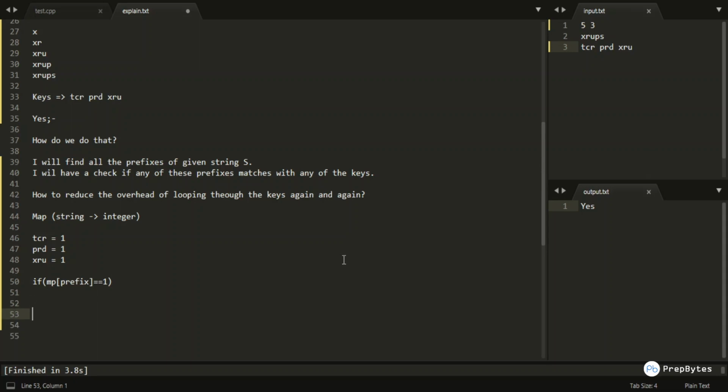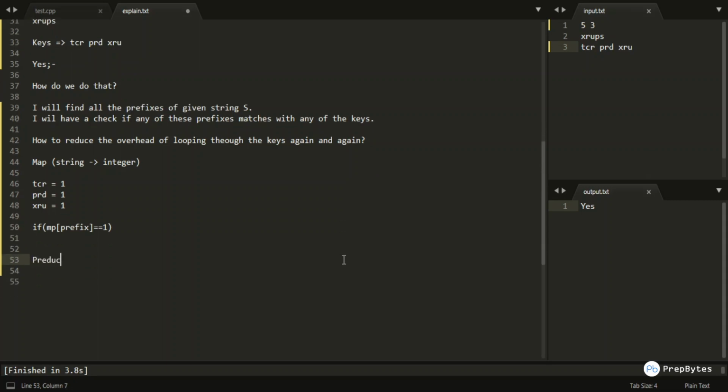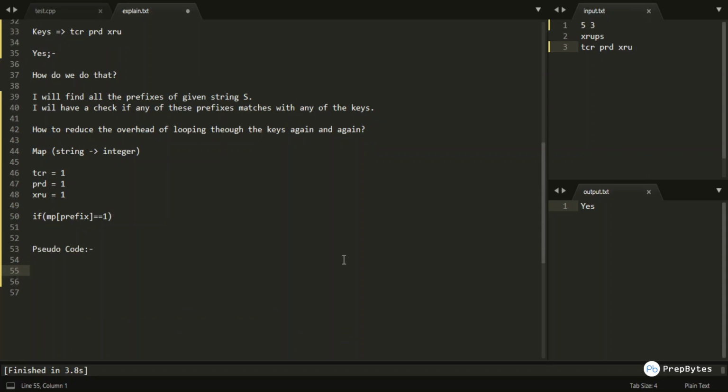So let's start writing the pseudocode for this particular problem. The pseudocode would be basically: I will have a map, and I will get all these strings mapped. Let us say I have all these strings in this keys array.